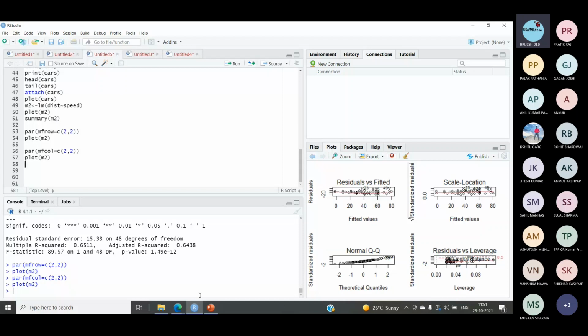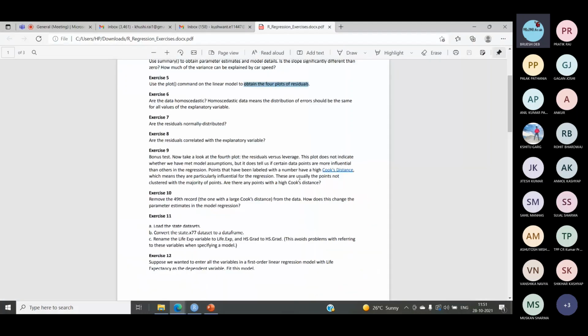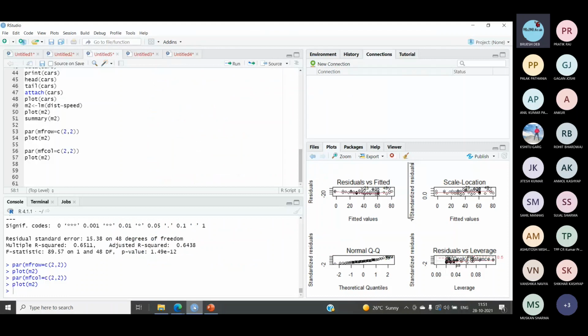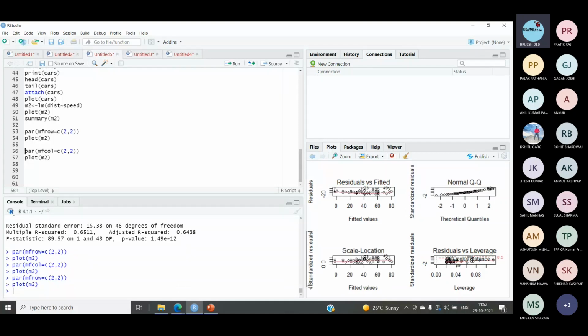Now let's have a look at the next exercise. So it says, now it's about homoscedasticity. So whether this is homoscedastic or not. Let's have a look at this. Here we say the answer should be yes. The data does appear to be homoscedastic. Why so? Because the mean of the errors is the same for all the values, for all the explanatory values.